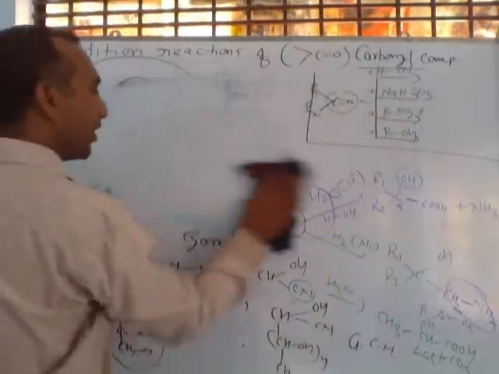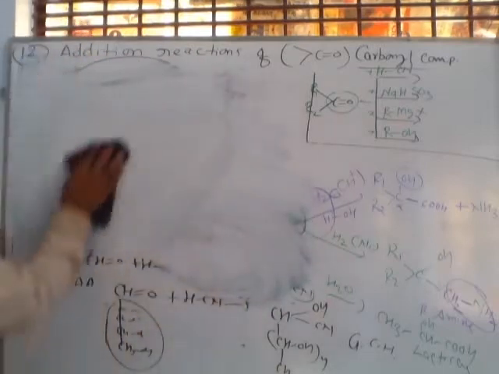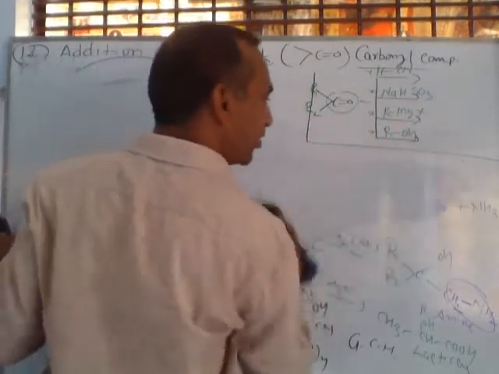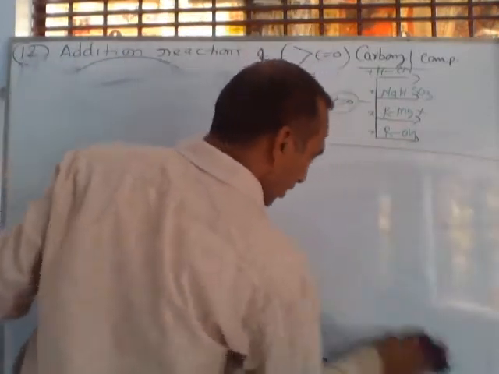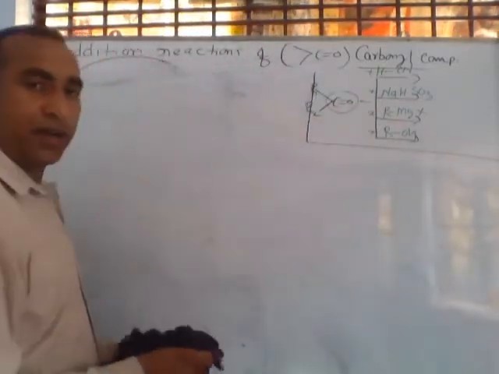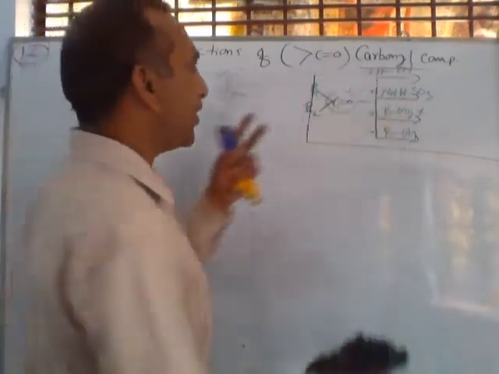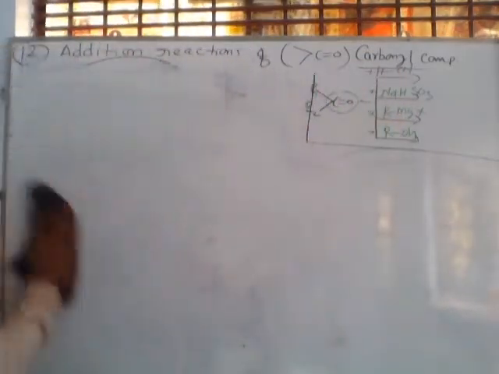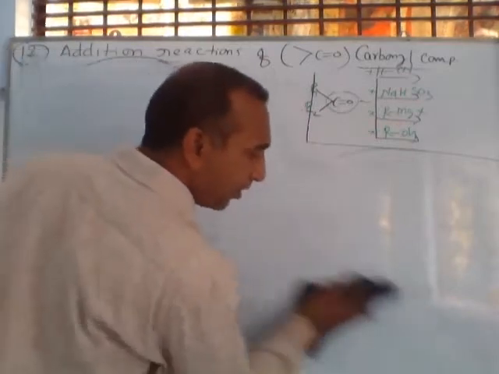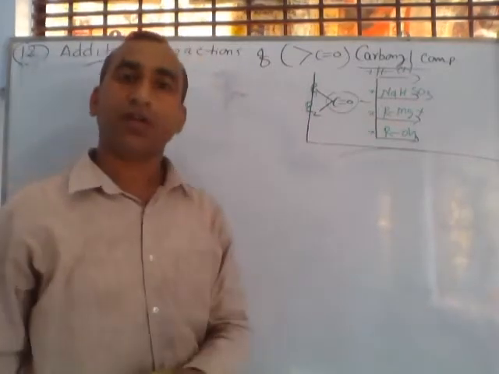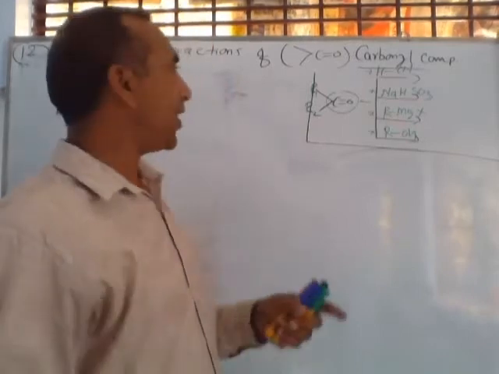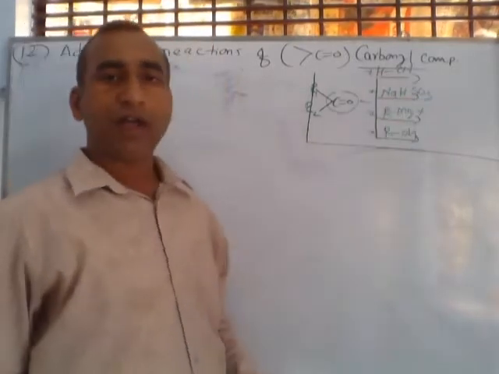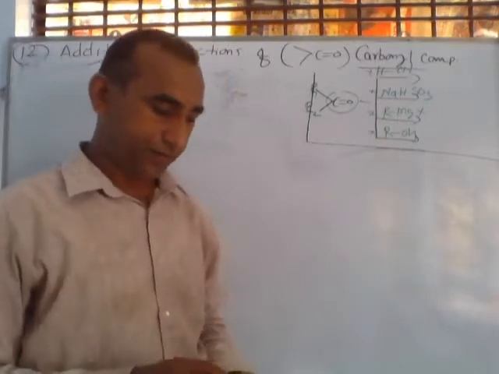In any carbonyl compound, whether formaldehyde, acetaldehyde, acetone, benzaldehyde or acetophenone, hydrogen cyanide reacts due to its polarity, and a single product will form, called cyanohydrin, in which C triple bond N along with OH is present. Now the second is the reaction of sodium hydrogen sulfite, or you can say sodium bisulfite.